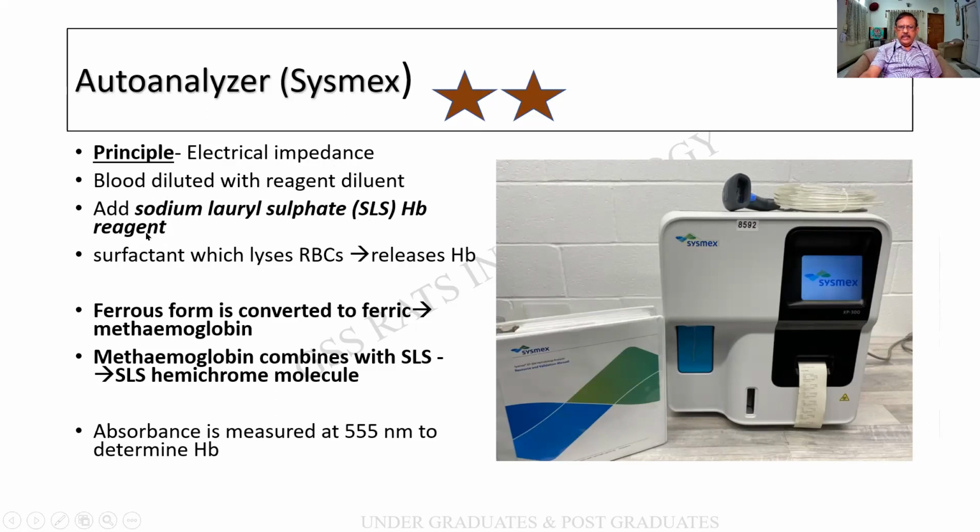Hemoglobin reagent is there, which leads to the lysis of the RBCs. There is the release of the hemoglobin. And you find that ferrous is converted to methemoglobin. Methemoglobin in turn combines with this reagent and it forms hemichrome molecule. SLS hemichrome molecule, which is again read by means of absorbance at 555 nanometers. So this is the principle over here, and you people should know in and out about the Sysmex, because in